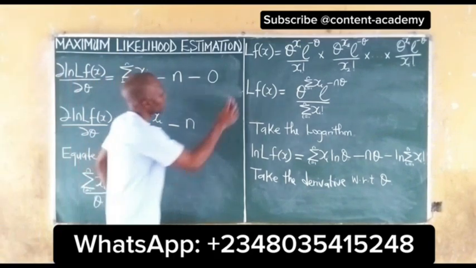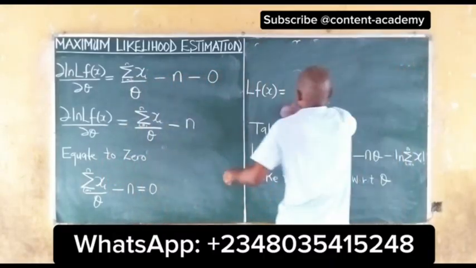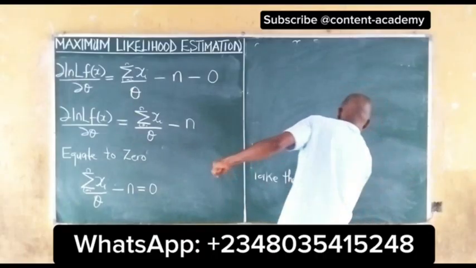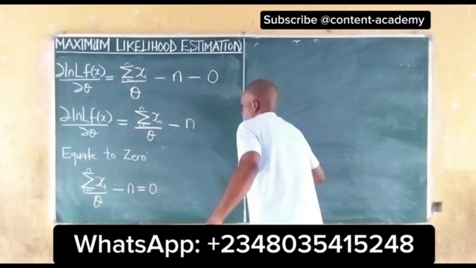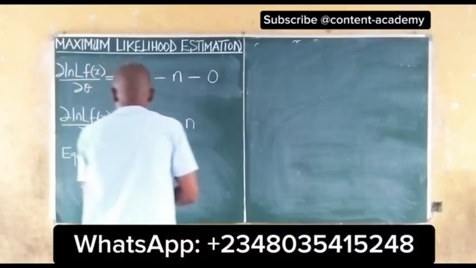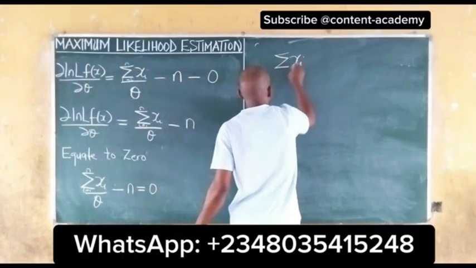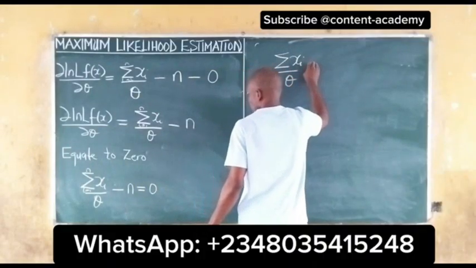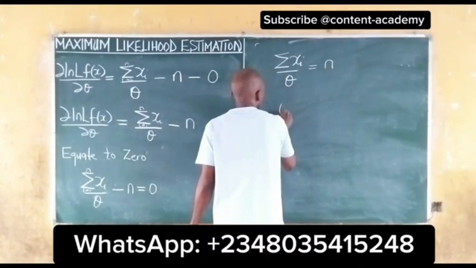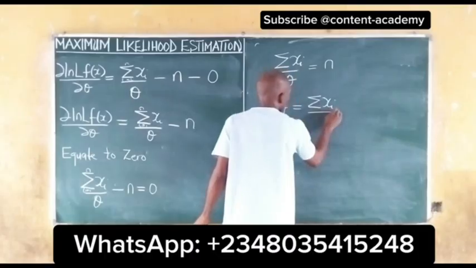So the next thing to do is to get our estimate. To do that, we move over to this side of the board. Our estimate for theta becomes, we can write this as the summation of xi all over theta to be equal to n. Of course, if we cross multiply, we have theta estimate to be equal to the summation of xi all over n,